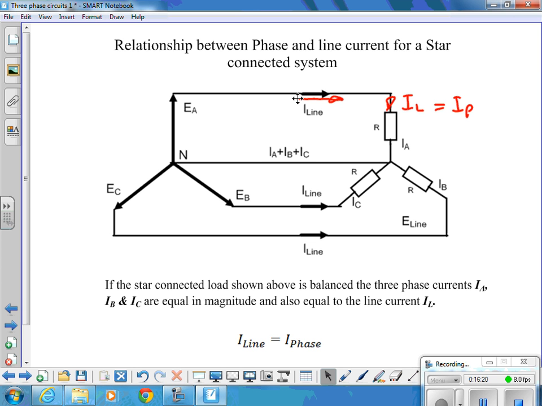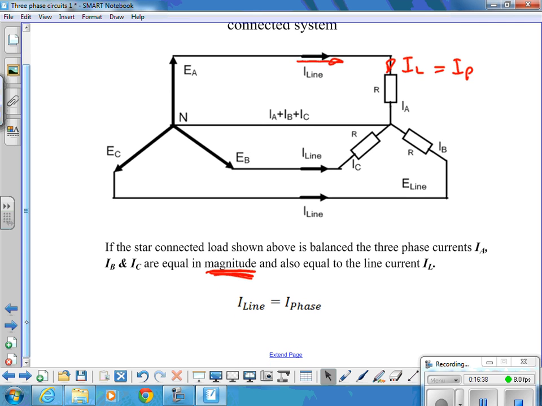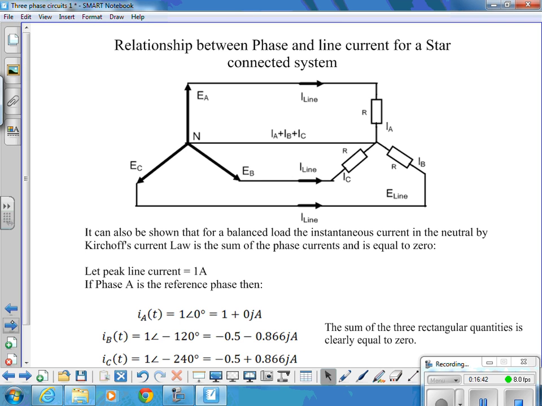Okay, so IA, IB and IC are all equal in magnitude, and that's quite an important statement, that magnitude, because they aren't equal in phase, remember. If we go on to the next page, we'll look at